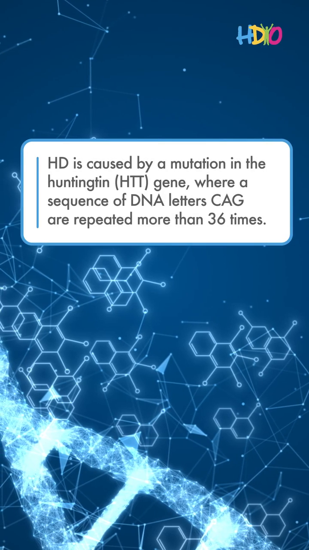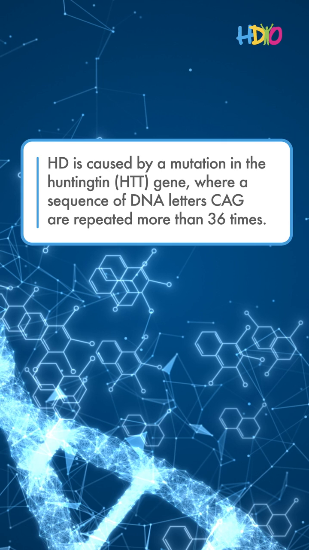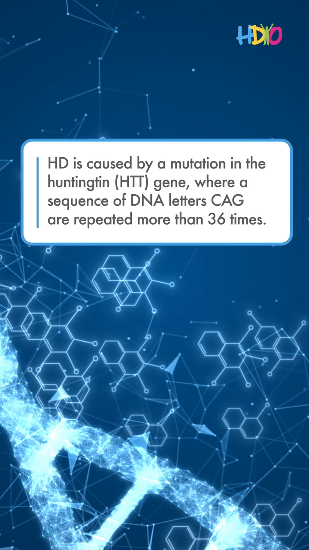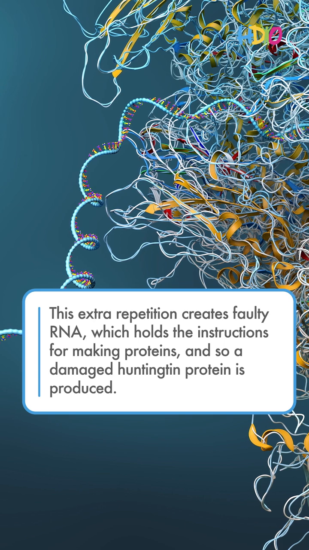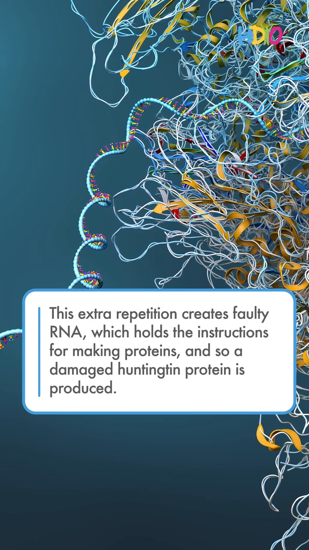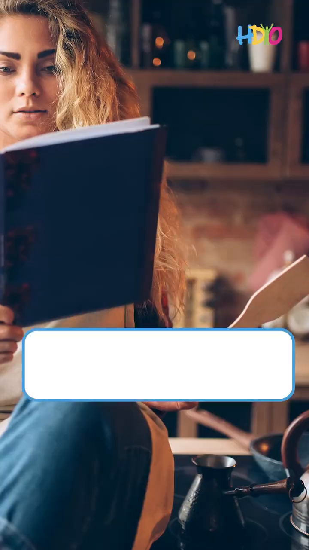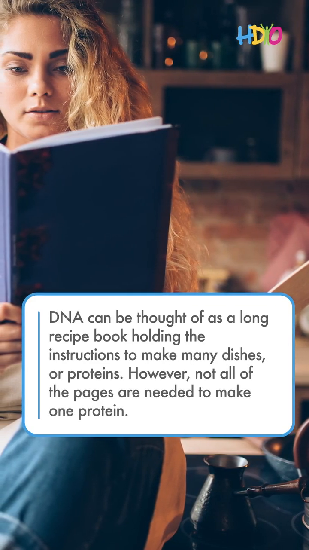HD is caused by a mutation in the Huntington gene, where a sequence of DNA letters CAG are repeated more than 36 times. This extra repetition creates faulty RNA, which holds the instructions for making proteins, and so a damaged Huntington protein is produced. DNA can be thought of as a long recipe book holding the instructions to make many